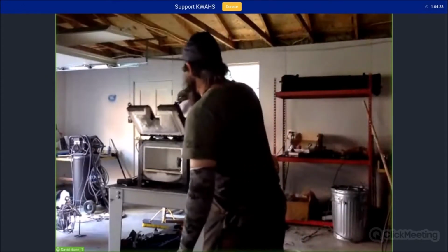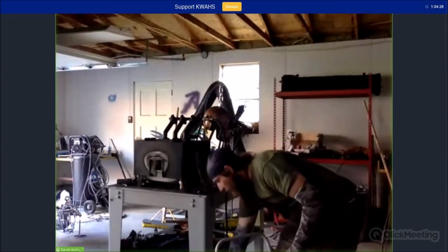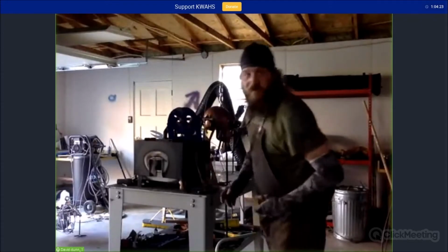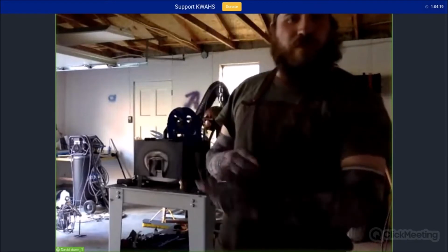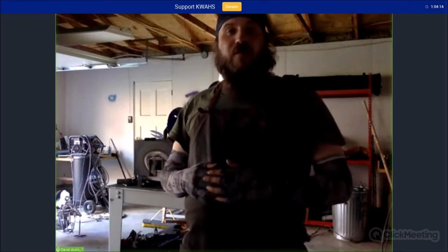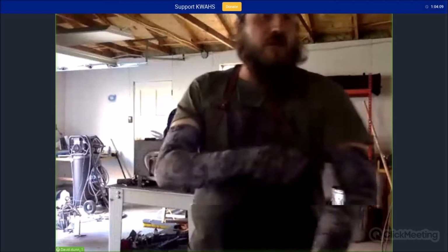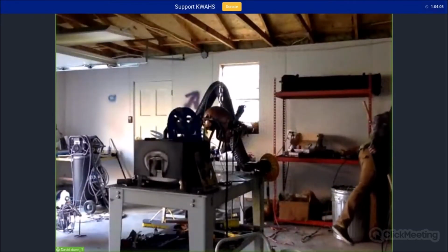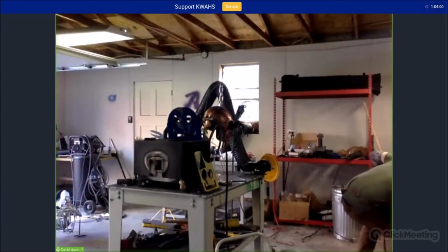But that is my big black Bertha over here. Definitely helps me, like I said, work out the harder, thicker, and tougher metals, especially if I want to do something intricate, like twist it or bend it. We're definitely getting into that direction more often as stores open and more of my metal purveyors are able to get me some of the nicer stuff I like to use. But as we move on to the most important machine in the entire operation,